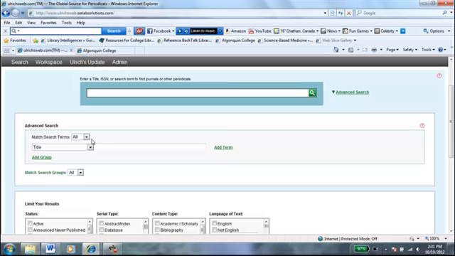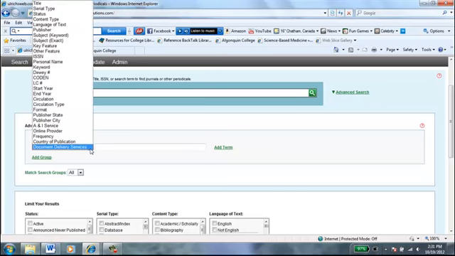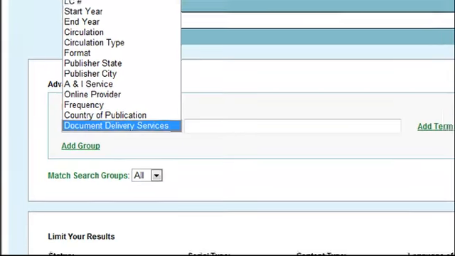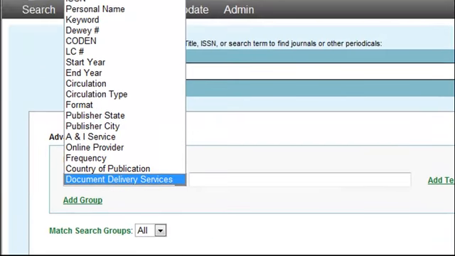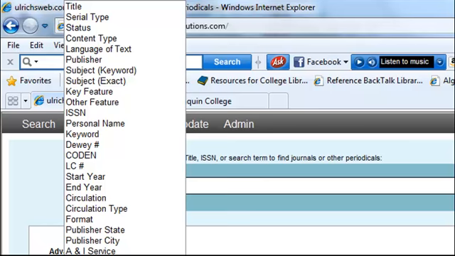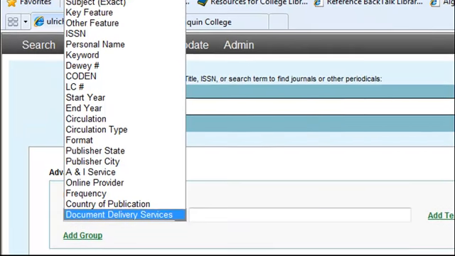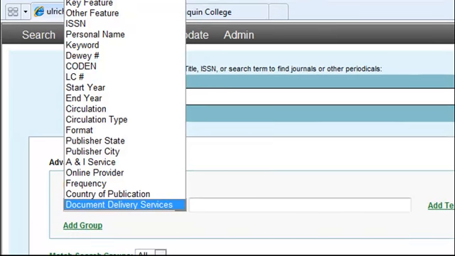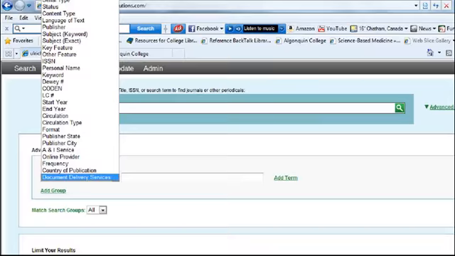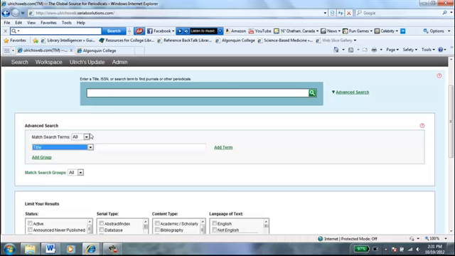In the advanced screen you'll see a drop-down menu for different kinds of fields that you can search. So title or keyword or by publisher or by frequency of publication. So a number of different ways that you can search, and you will also see a little box that says match search terms all,